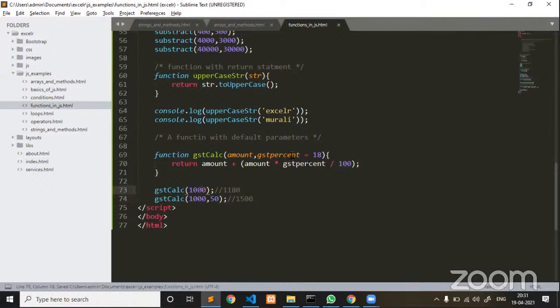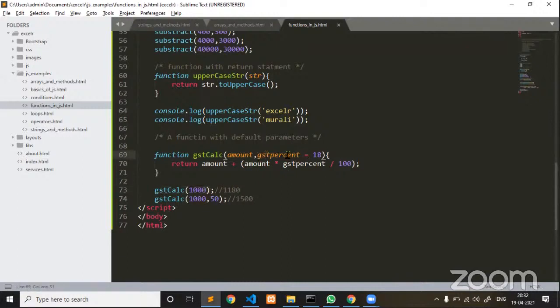Now you see here, a function with a default parameter. Sometimes if you don't want a default value, don't go for default parameters. If you want a default value to be used when you are evaluating some expressions, even if you are not passing that value as the second parameter while calling, in such scenarios we may need default. Now you see here, the function definition expects two parameters.